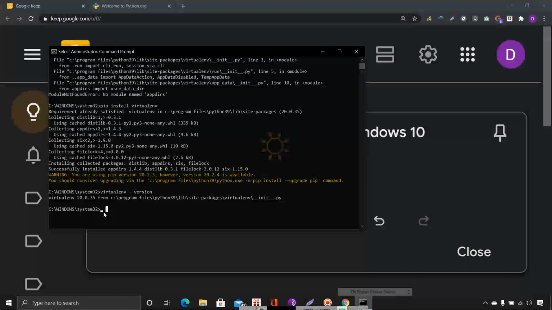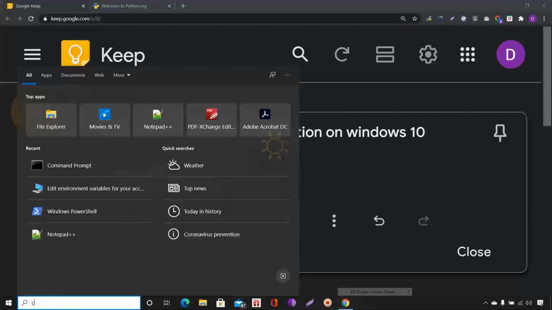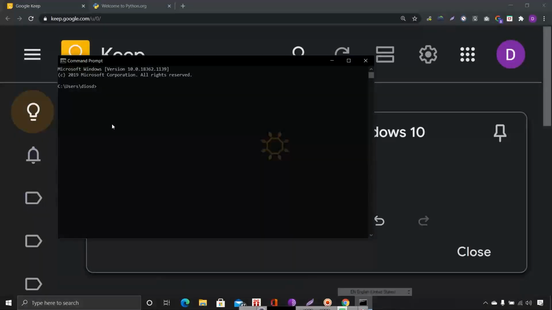You can now use it to move to some other folder. You can create a directory at any location. First go to the location. Come out of this, open CMD as a normal user, and type virtualenv --version. Now you can see virtualenv is shown here.